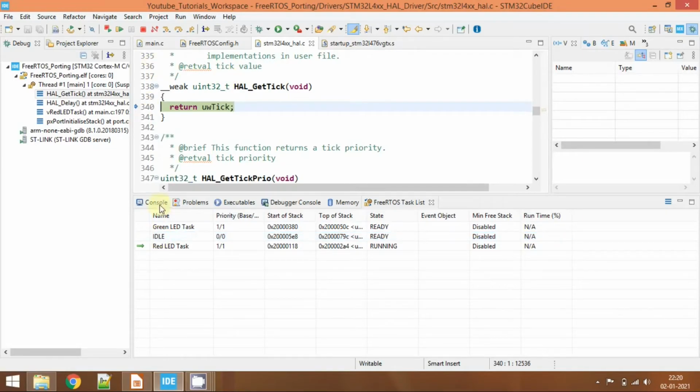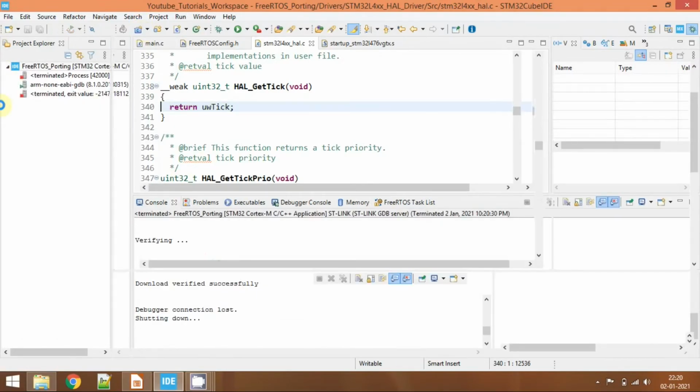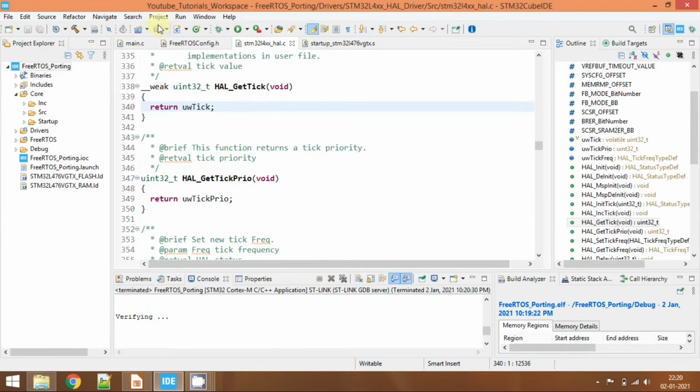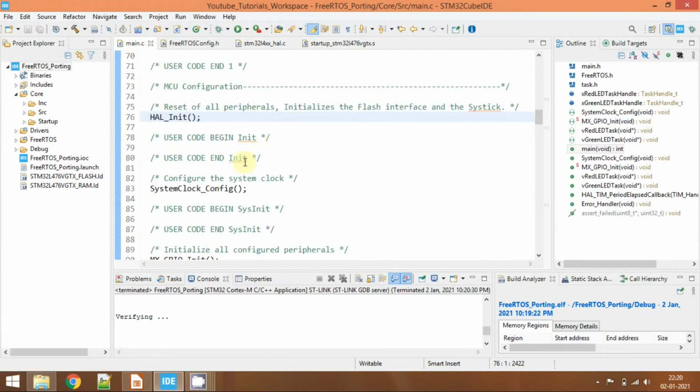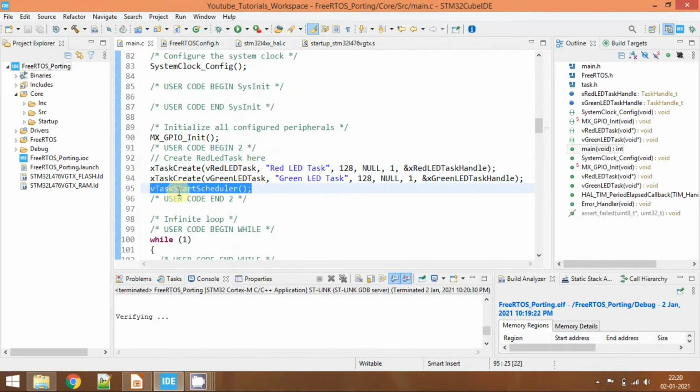So we are going to check whether FreeRTOS is actually creating this idle task when the scheduler starts the execution. To check that, terminate the execution and go to main. Whenever the scheduler starts in FreeRTOS, it will create a task called idle task, which has the least priority, that is 0.